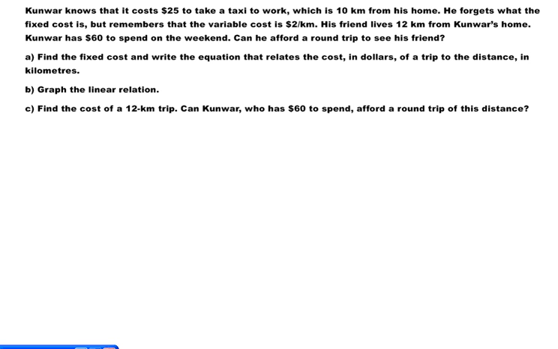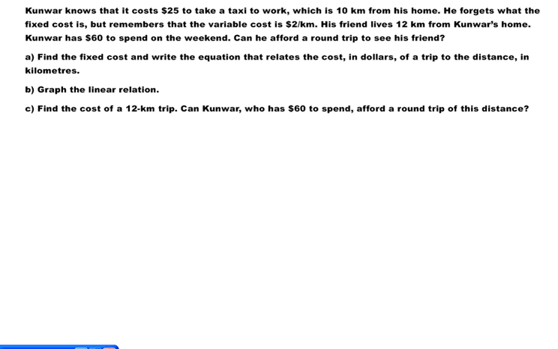The question is, if he wants to go to his friend's house, which is 12 kilometers from his home, and he only has $60, can he afford a round trip to go and then come back home again? To solve this problem, we are going to go through three steps, A, B, and C. First, we are going to find the fixed cost and write an equation that relates the cost and the trip